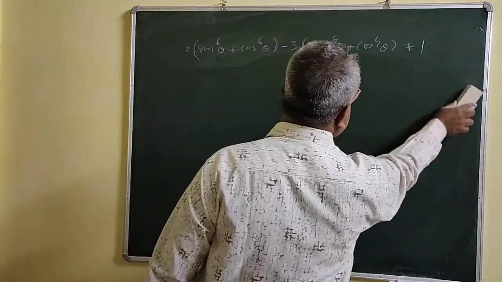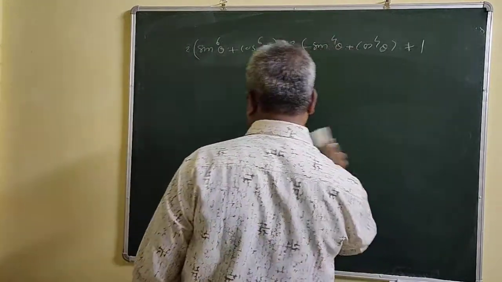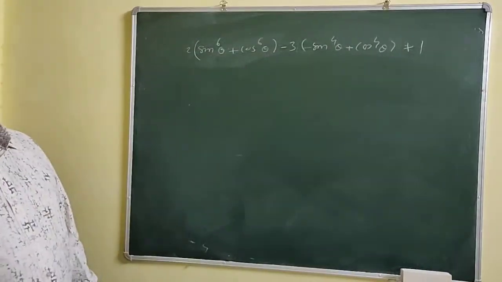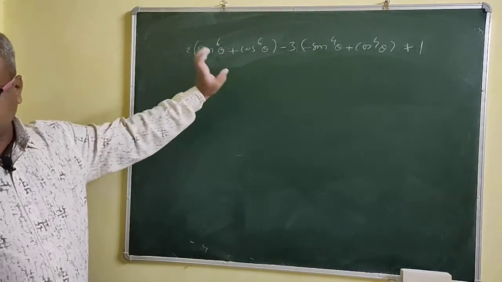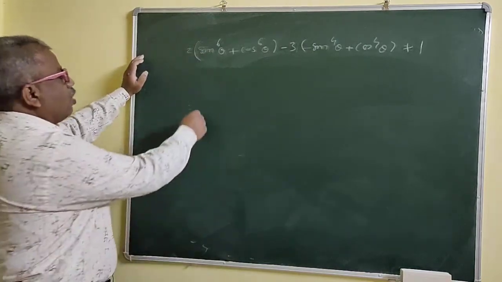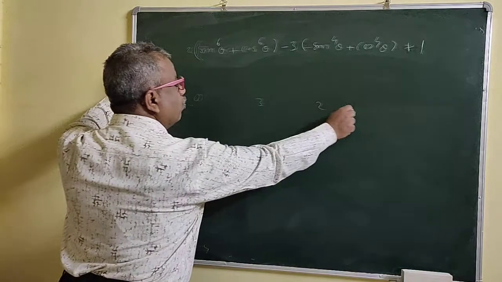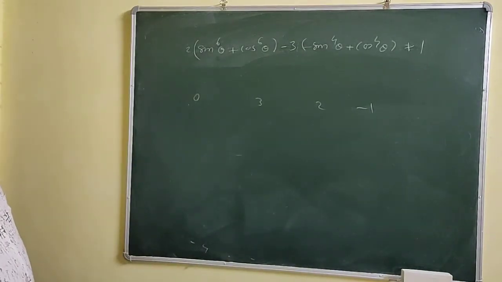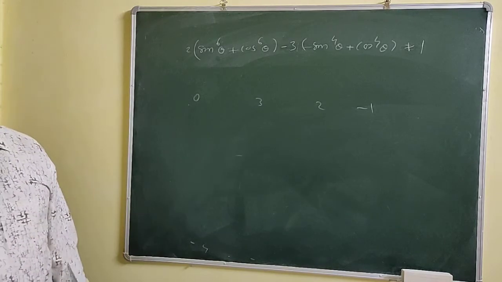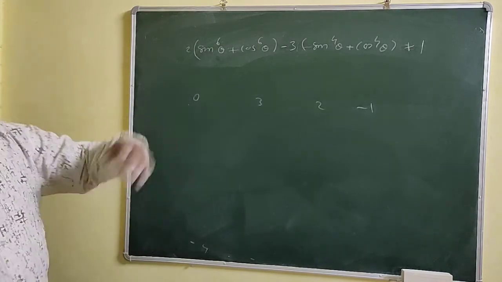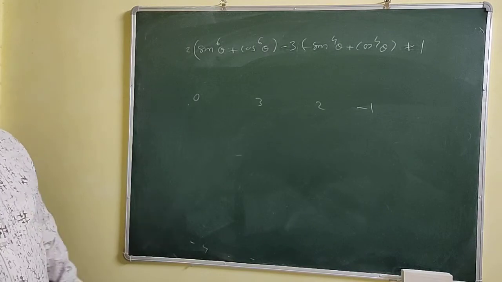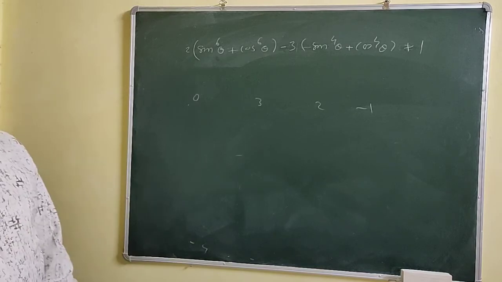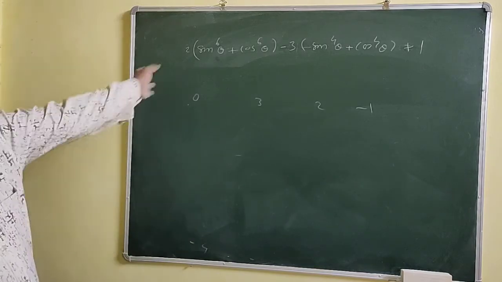So suppose this problem came in an objective competitive exam. This value is what? Some options are given, like 1, 3, 2, minus 1. So what do we have to do? We have to choose a particular value of theta now. See, there is no denominator, so it is better to take the value of theta as 0. We know that cos 0 is 1 and sin 0 is 0.